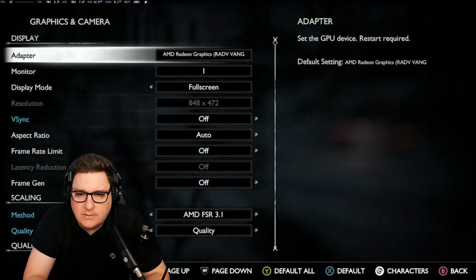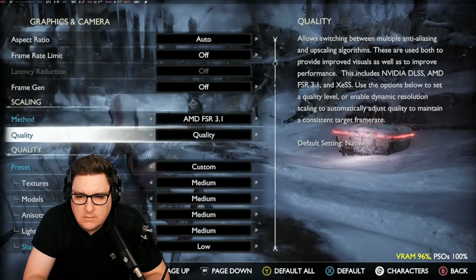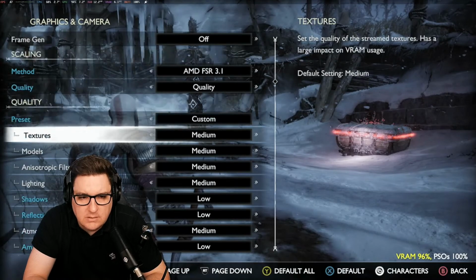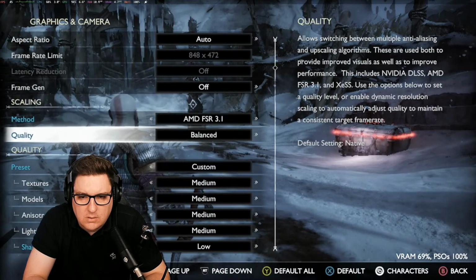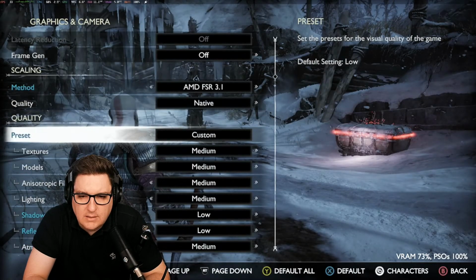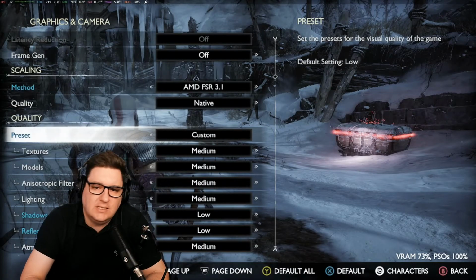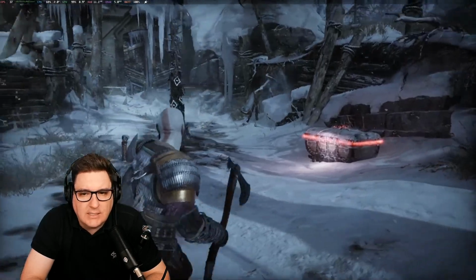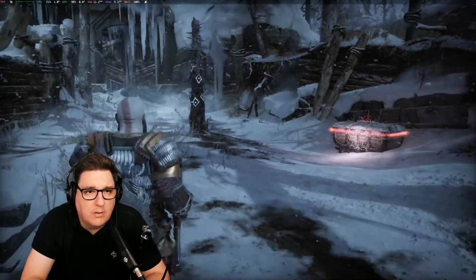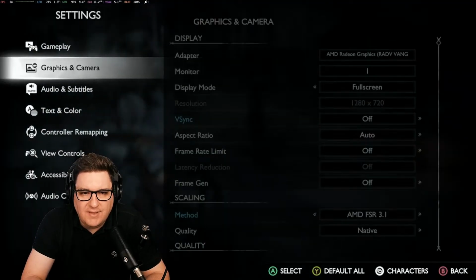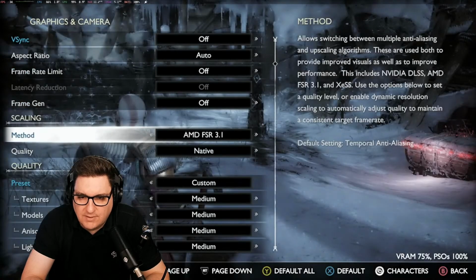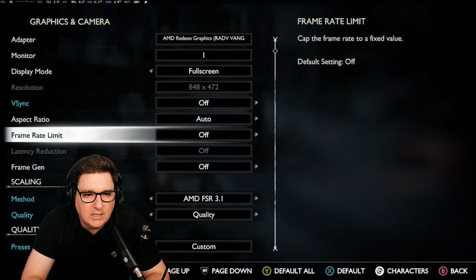So if we go back down to our settings, what if we went back to a native FSR? But again, I can already see that the FPS is just completely tanked. It's looking sharper, don't get me wrong, but is that worth it for the sacrifice of that 10 or 15 FPS? I don't think it is at all. I'd rather stick that at quality, but then I wonder if we look at 30,